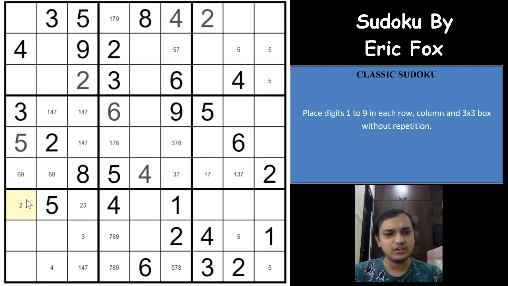Because of which we get a 2 here, and 2 can be eliminated from here, and these 2 digits will have to be 3 and 6 in some order. Excellent. And if you see, 6 in this box can only be in one of these 2 cells because of the 6 here and 6 here, which means this cell will have to be a 3. Great. What a great flow of the Sudoku, I would say.